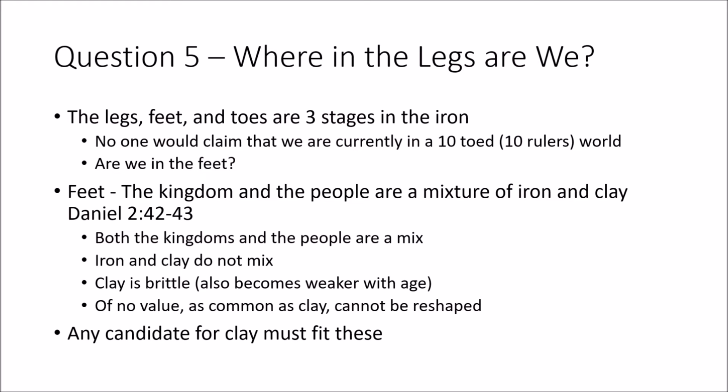So these four items that I've listed here are what the Bible says about the clay. And so these are the things that we're going to look at to see if we can identify who this clay is. It's not a kingdom. These are clay people, I guess is how you would describe it, people who are brittle and have these other aspects to them. And so any candidate that you have in interpreting this prophecy has to fit these four things that the Bible says about the clay. And we're going to try and do that next.